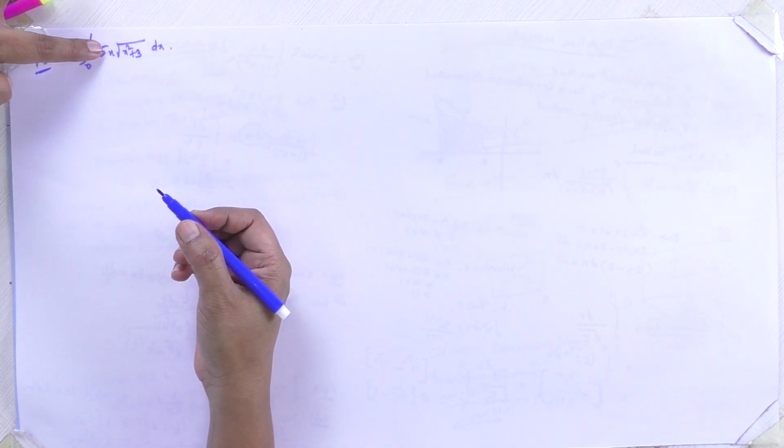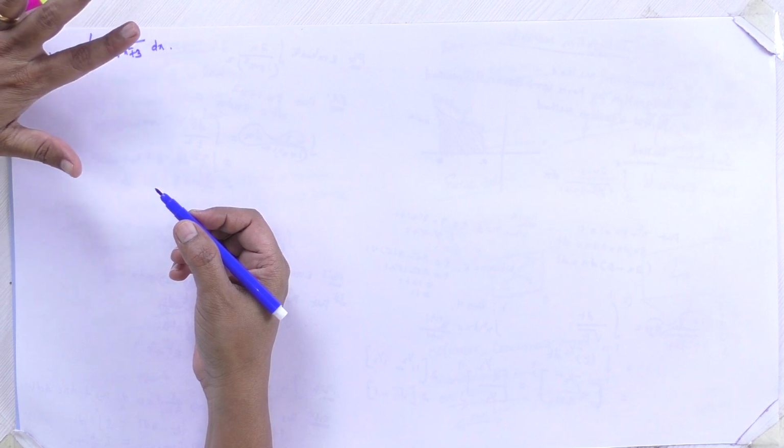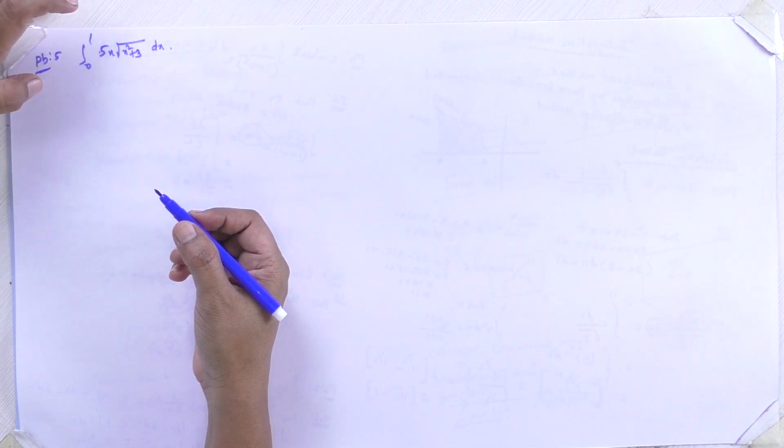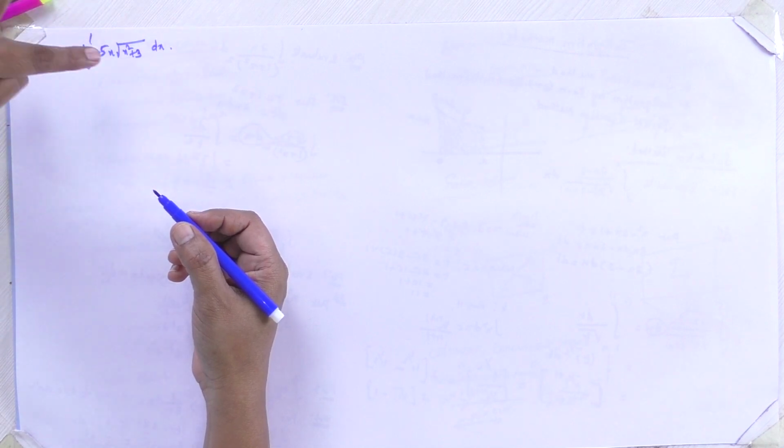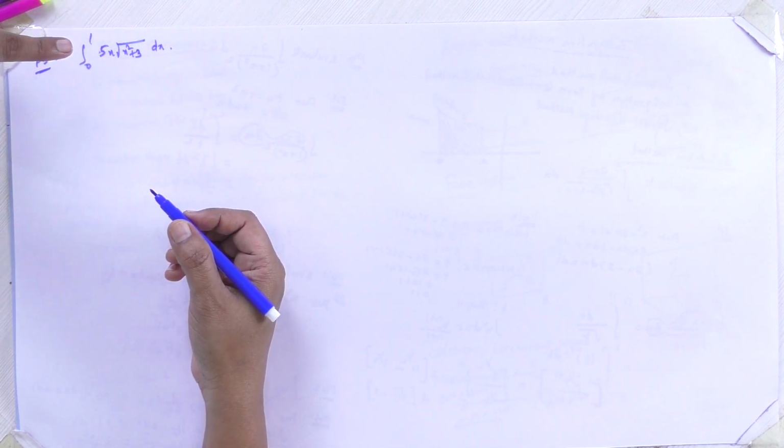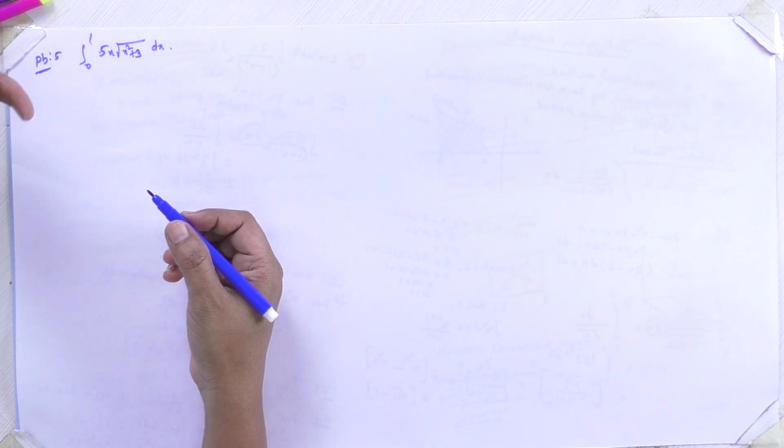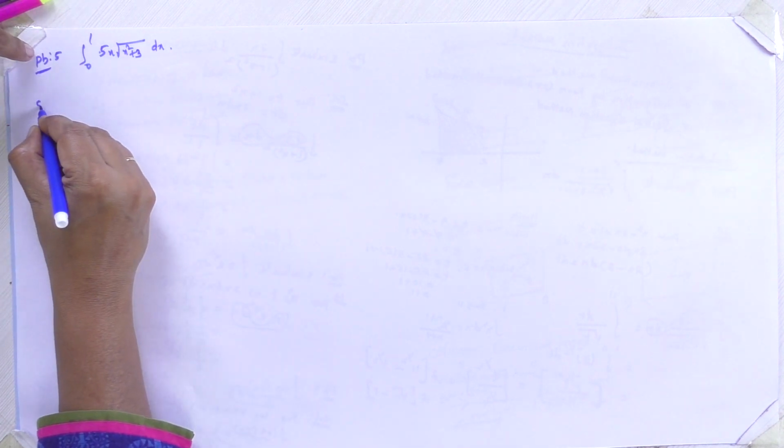See, 5 into root of x square plus 3 into dx means we have a formula, but integral 0 to 1 5x into root of x square plus 3 into dx is not easy to integrate. So we use a substitution, we adopt a substitution method here. Solution: